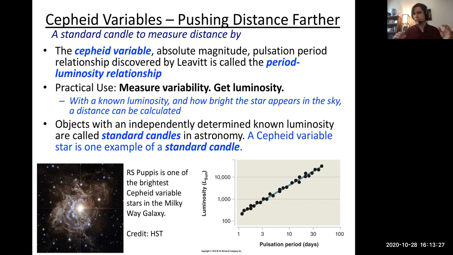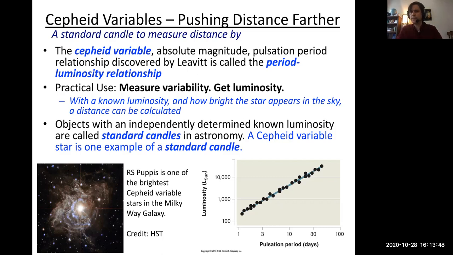So if we can just see how bright they appear, then we can actually calculate their distances. These standard candles are a holy grail of astronomy, identifying them, because they'll give us a way to determine the distances to the stars. And what's incredible about these Cepheid variables is that we can identify them in galaxies that are millions of light